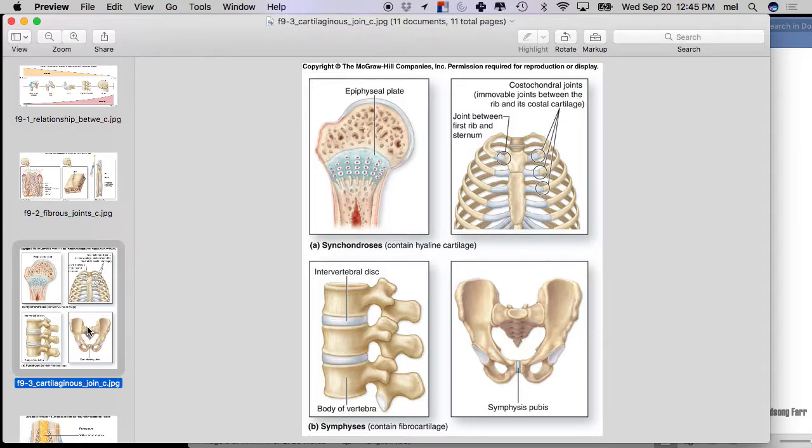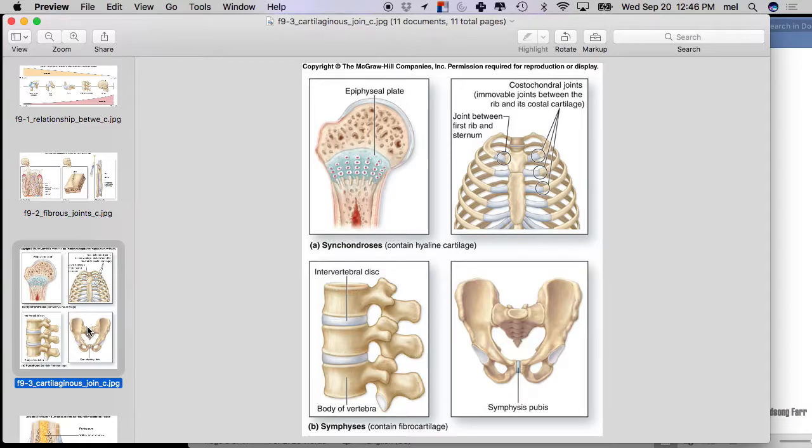Okay. Okay, so now let's meet the next type of wiggly joint, slightly more wiggly, and you can feel them here. If you put your hands just lateral to your sternum and wiggle, you can see that there's cartilage between these two bones, right? That makes sense? So you can feel it's got a little bit more movement there. So it is bone, cartilage, bone. This is a cartilaginous joint.